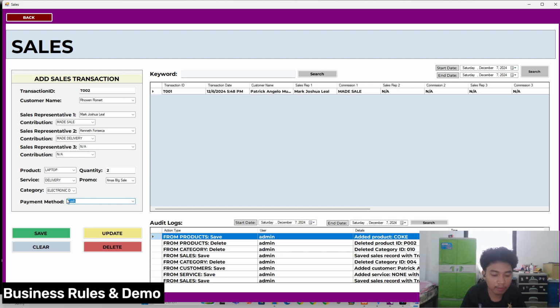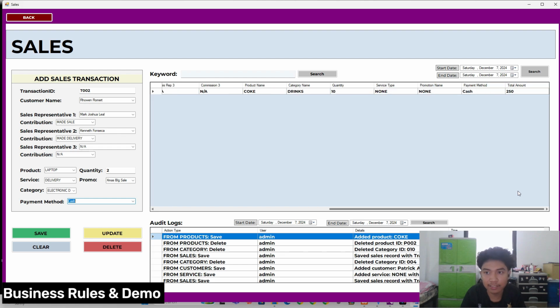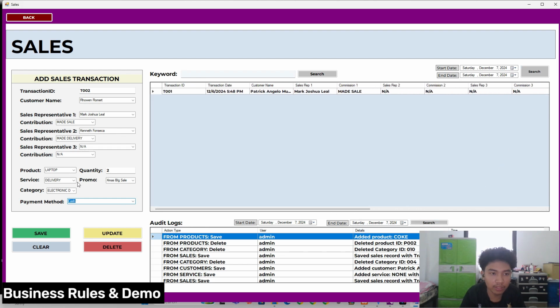And the sales report must include aggregated data. So our aggregated data in our database is this transaction date and this total amount. So it will get all of the values of the product price times the quantity, plus the additional fee for the service, and times the discounted price because it is in decimal form already.